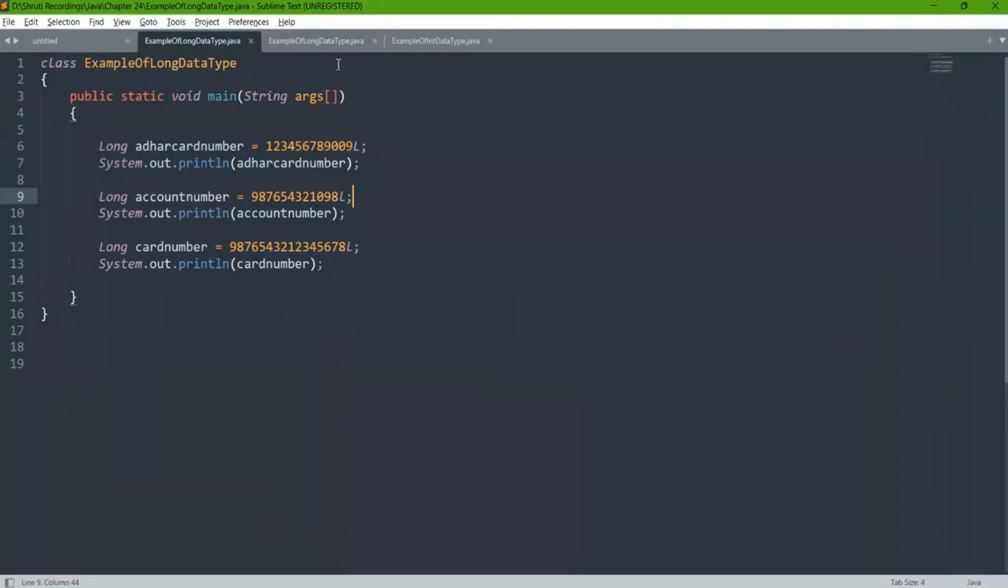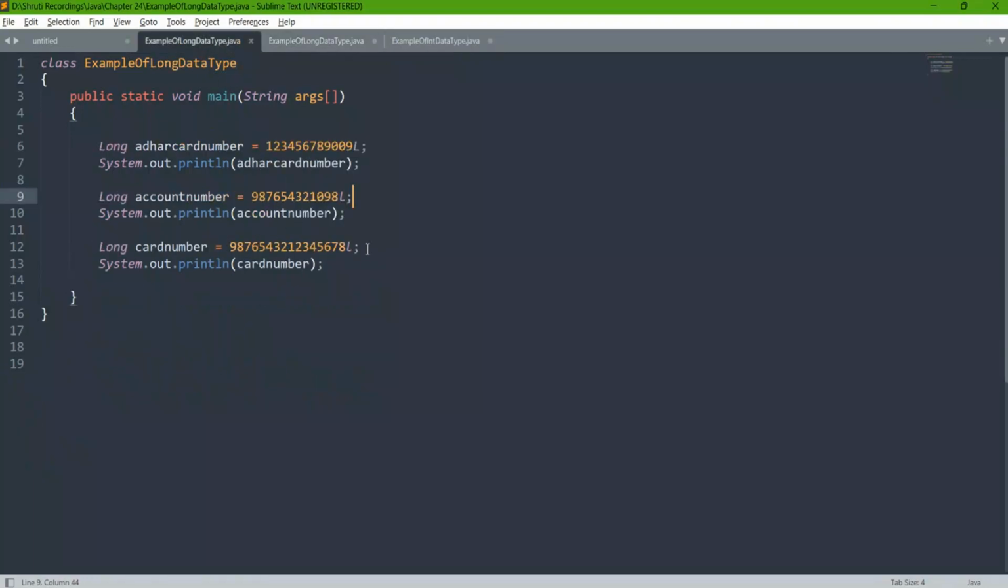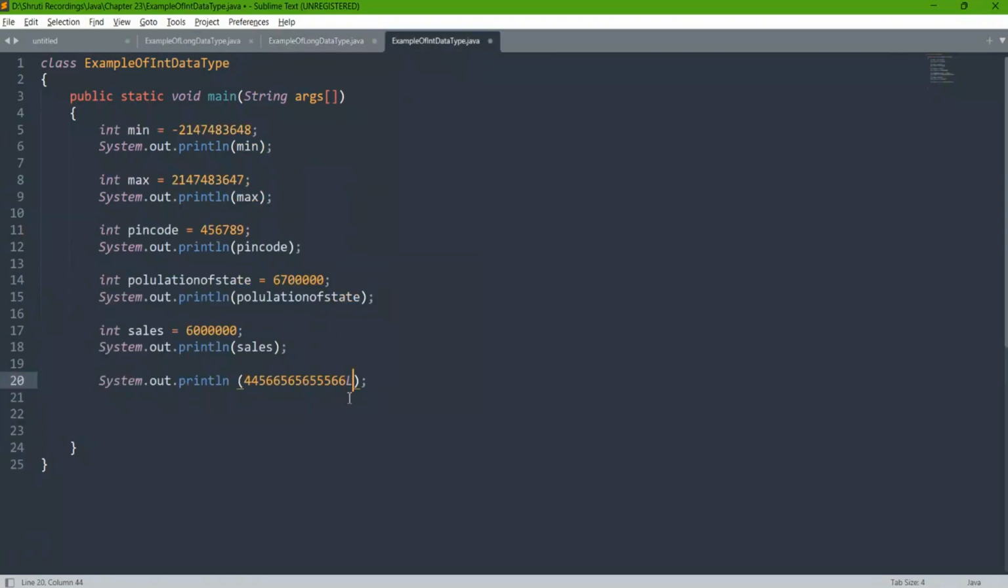Now, in the last chapter when I was describing the integer data type, I gave you one example of how I can store this number. So every time I write a large number, I have to write L over here. As I said, when I declare a variable, I have written L. The same way, when I want to print any value, the value will automatically get stored temporarily,